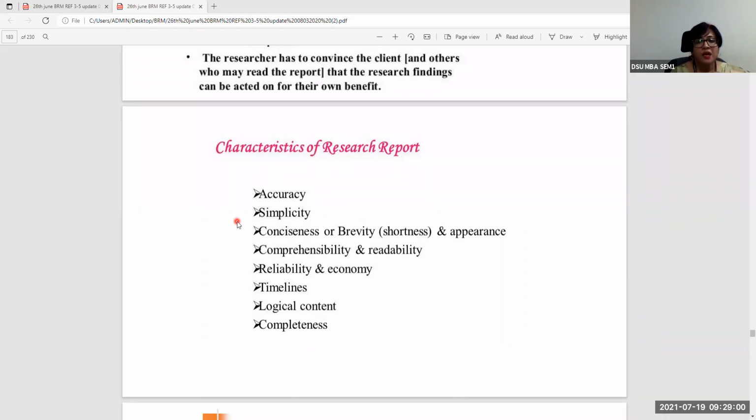The next is about the reliability of the report. So how reliable and trustworthy is the report? That would come out of the various instruments, the rigorous research design that has been followed by the researcher, and the disclosures that are there, the disclosure of the data, and the fact that the data sources can be checked. All of these need to be there in the research report to ensure that these things are actually possible.